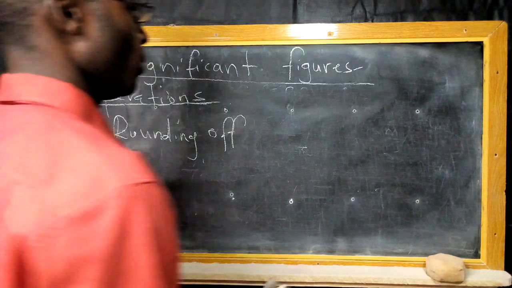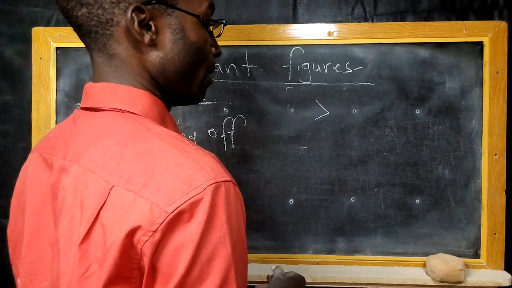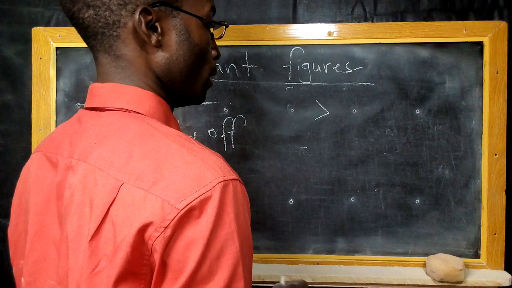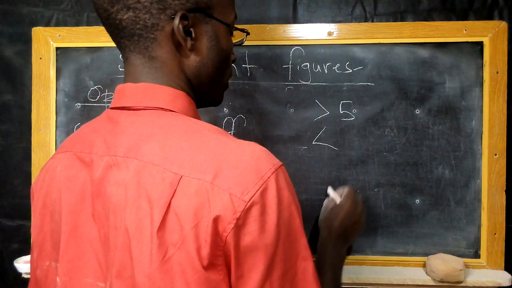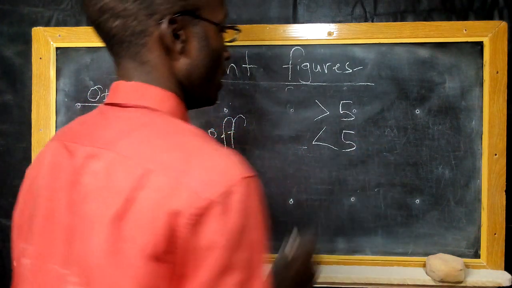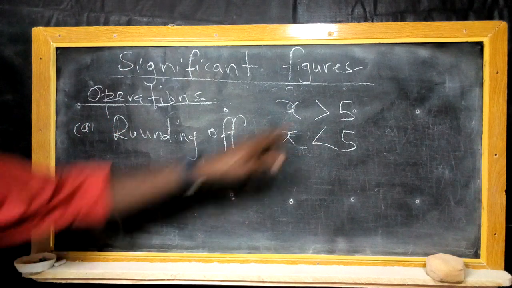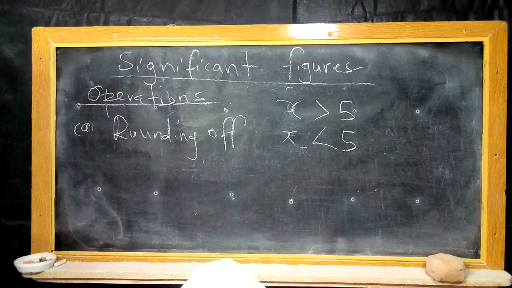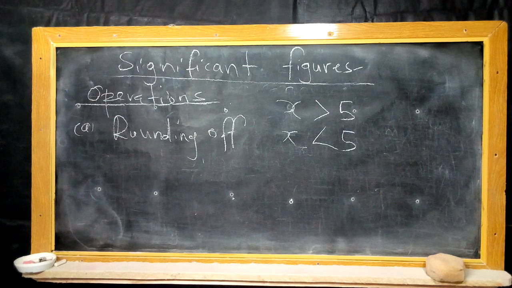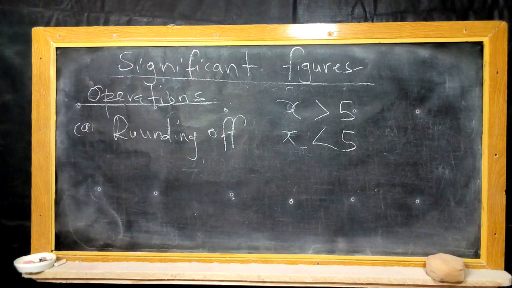So in this case, we talked about inequality signs, or equality signs in that case, and we said that if we indicate using these figures, this implies that a number that is in front of 5 is bigger than 5, and this is smaller than 5. So in that case, for the first condition, a number that is appearing, the first digit to the right of the last significant figure, maybe if I write